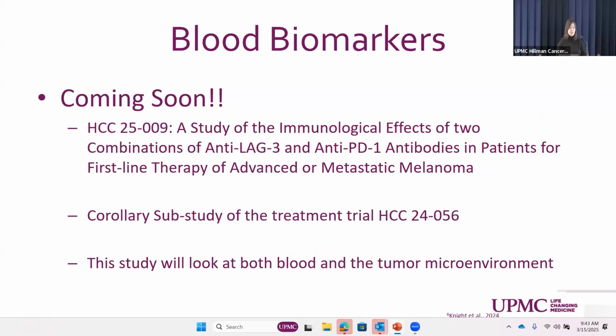It's a corollary study, so it is a companion study to a treatment study, and we will be looking at both blood and the tumor microenvironment, so kind of pulling it together, how we use these collectively. And then